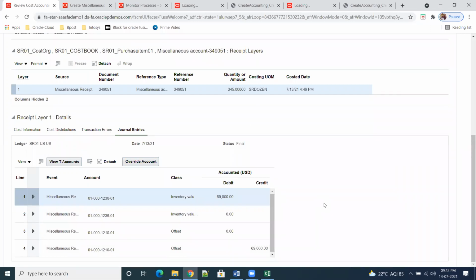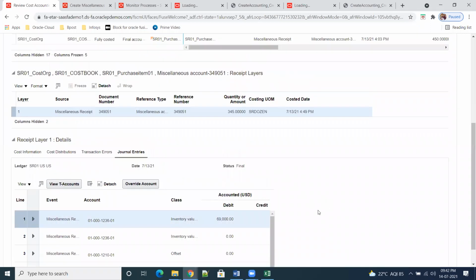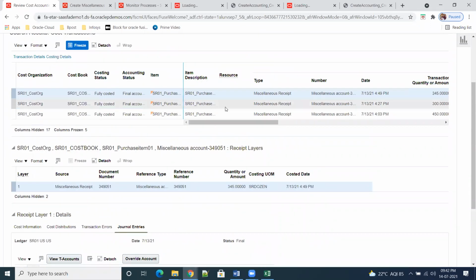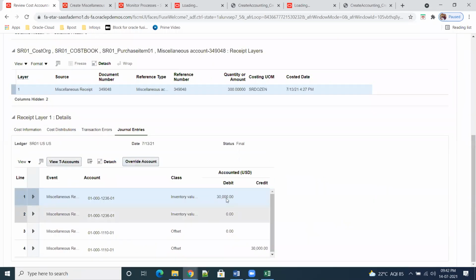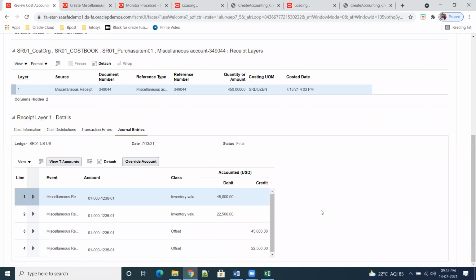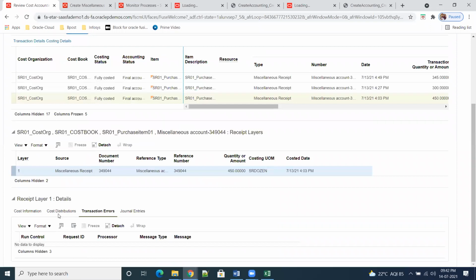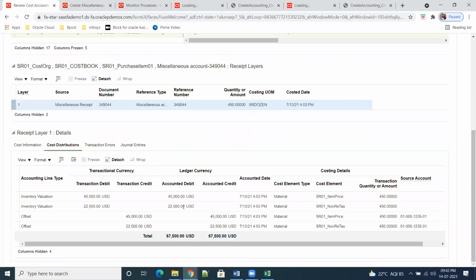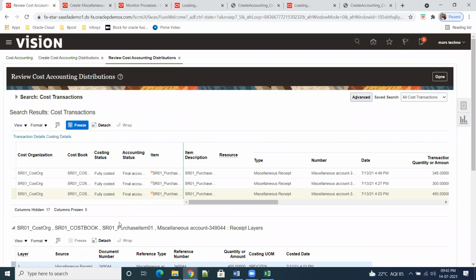But my question is, where we can see the average cost? Each line wise it is showing, but I'll find out. I'll try to find out here. Here nothing, not showing anything. So we'll try to find out. Okay, so this is actually the basic of cost accounting for inventory transaction. Okay.